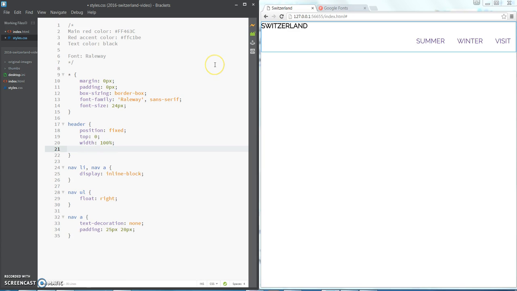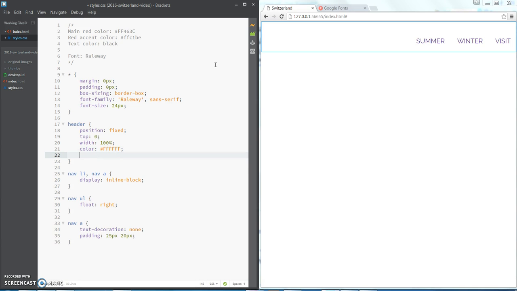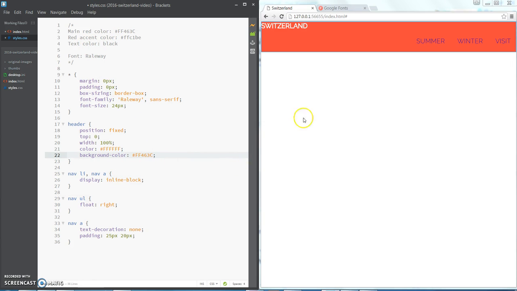I'm also going to change the color of the text to white, and the background color to this hex code up here. Now these hex codes, these color codes I just copied in from that planning document that you saw earlier. So if I paste that in, you can see we have our background color in. We still need to sort out some of the formatting of course, but that's the basic aspect of our header